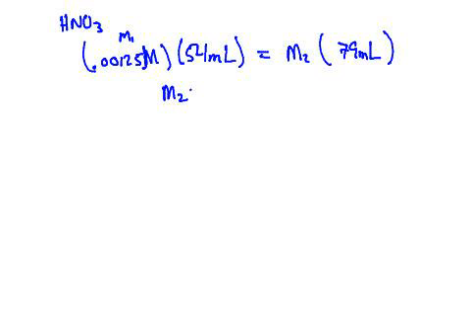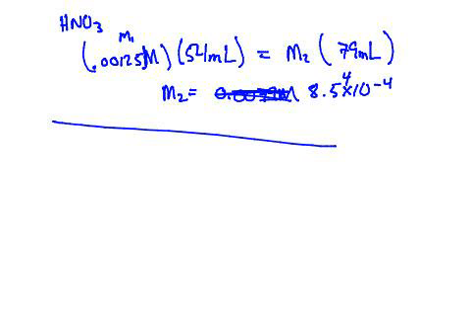So the molarity of this acid is now 0.0079 molar. Just solving... Sorry, the one above it. Sorry, okay. That's for the next one. 8.54 times 10 to the negative 4. Actually, 5, 4. We can keep the 3 digits, I think. Okay, and then we would do the same thing for the other acid, the hydrochloric acid, and the M1